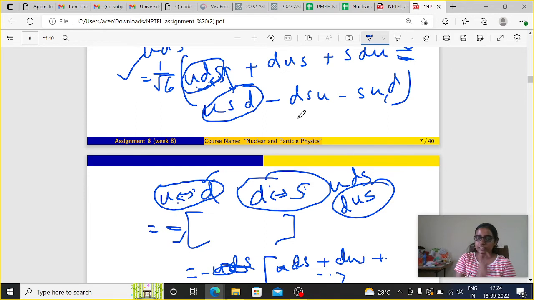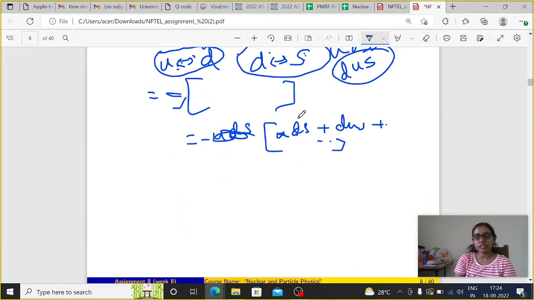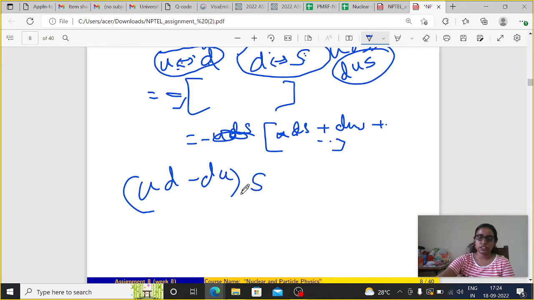And if you write all the combinations among the 27, only one will be like that, which is fully antisymmetric. That's why we have one singlet state. And how will the mixed state come? Mixed state is a little bit problematic. Like this type of things will be there. So if I do the same thing, that UD DS, then one term will be,